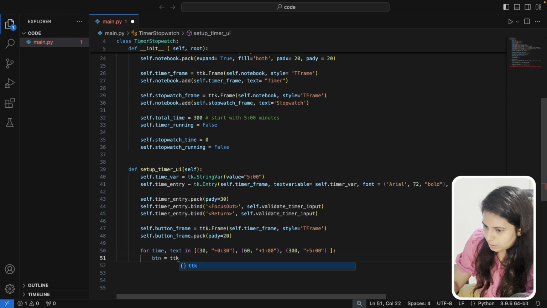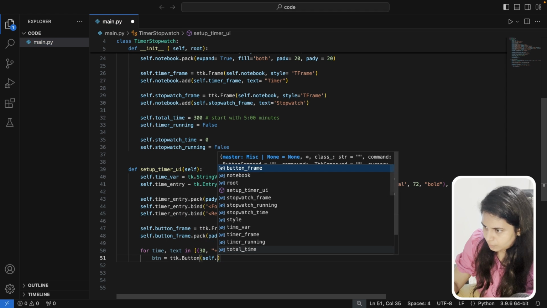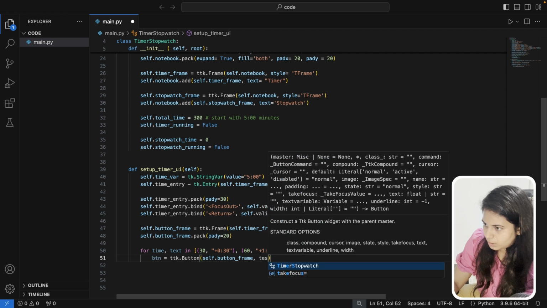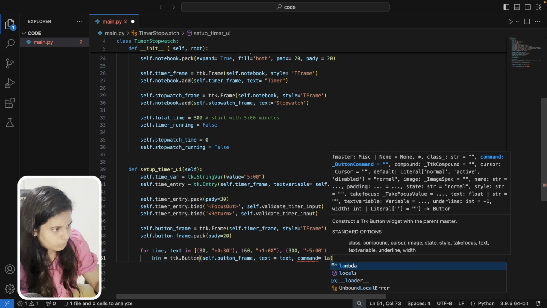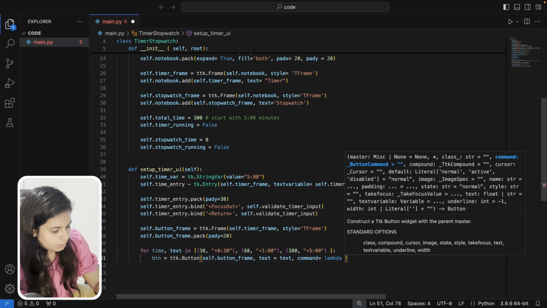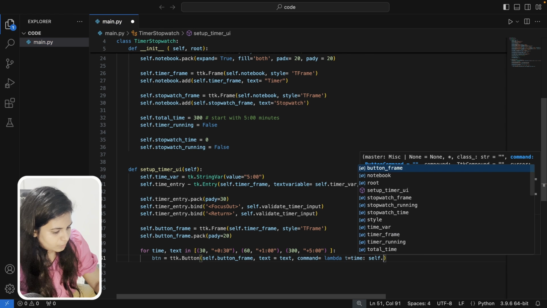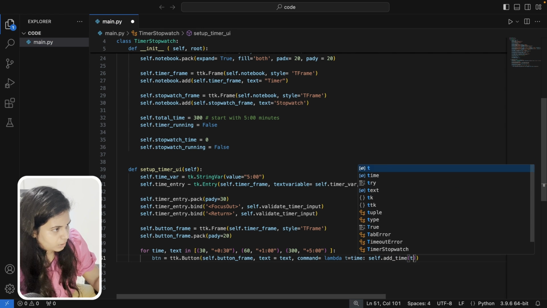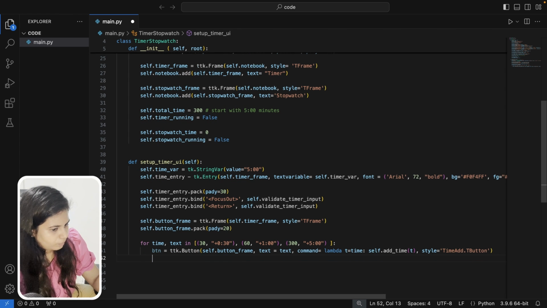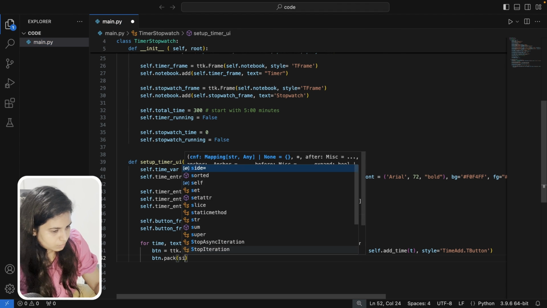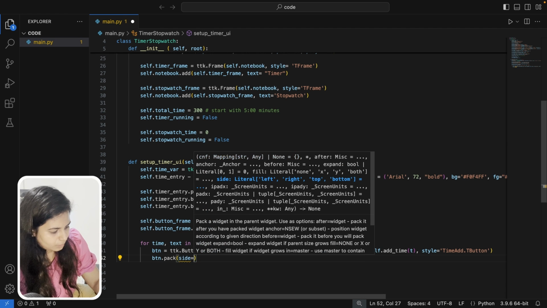Button, ttk.Button(self.button_frame, text=text, command equal to, let's create a lambda function, t equal to time, self.add_time, pass t and style as t.TimeAdd.TButton, btn.pack(side equal to left,